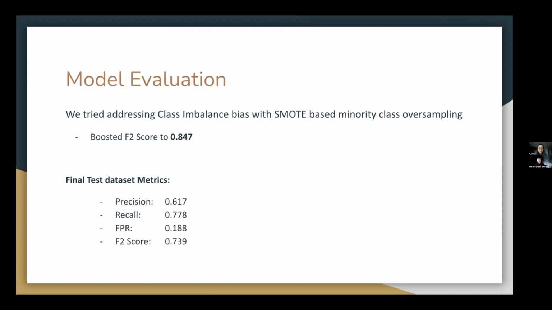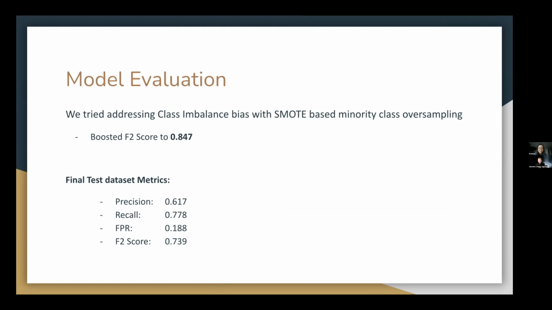Next, we tried to evaluate and see if we can fine tune the model that we have selected so far. To do that, we wanted to address the class imbalance bias that we might have, where obviously the canceled labels would be smaller in number than the non-canceled. So we tried to decrease the minority class imbalance by oversampling it using SMOTE. We found out that it boosted our F2 score by a large margin, which was 0.847 now on the train validation set. When we tested this model on our test data set that we had initially kept aside as 20%,